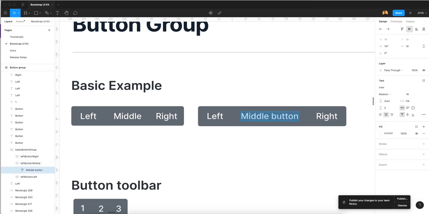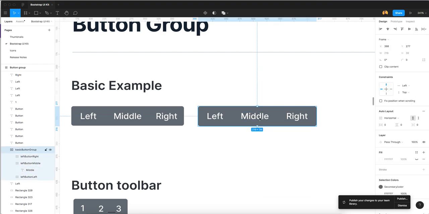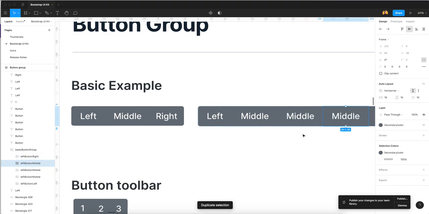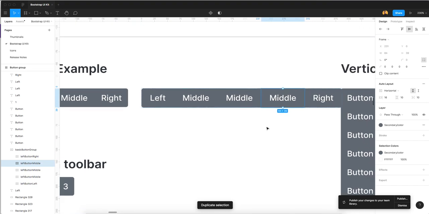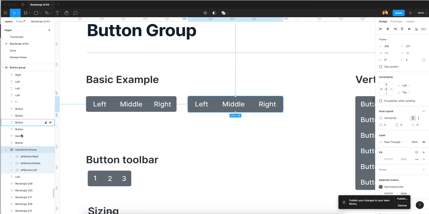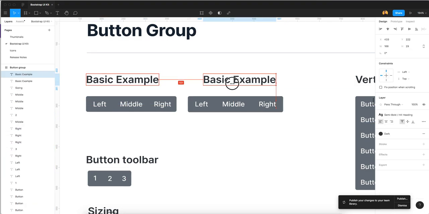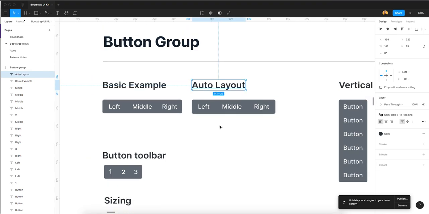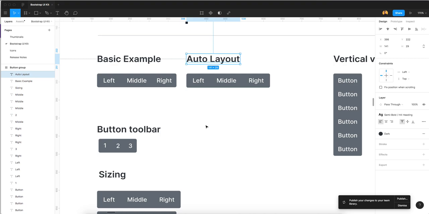Now for this I need to add another button. So you just have to select any of these buttons and duplicate it. You will see it will be auto expanding. So this is built into our auto layout features, and just name it auto layout. Okay, now you will find in Bootstrap